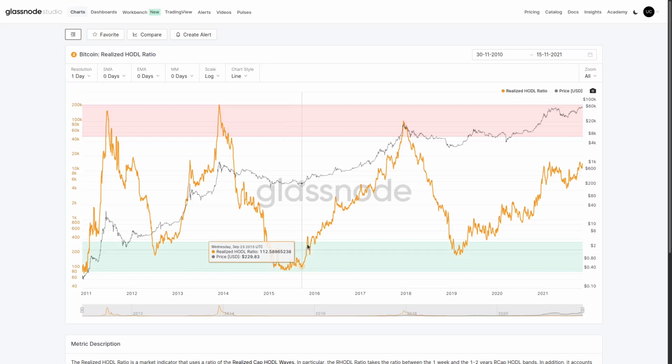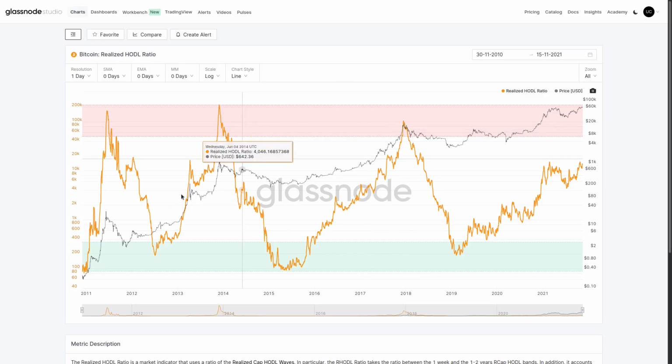Now, as that smart money starts to distribute, as we mentioned previously, coin days are destroyed, coins are put back into the market, liquid circulation starts to increase, and then eventually the maximum number of new investors who've only been here for 2 weeks are holding most of the coin supply, and that generally signals these market tops. So it's trying to map out the ratio between new investors and old investors. At the bottom of markets, you want to see the most old investors, people who understand and are here for the long term. And at the cycle top, you're going to see the exact opposite: mostly speculators, mostly tourists, people who've come in and just bought their first Bitcoin at the very top.